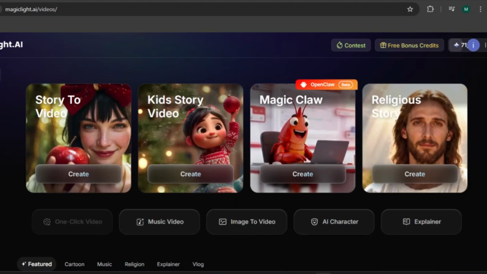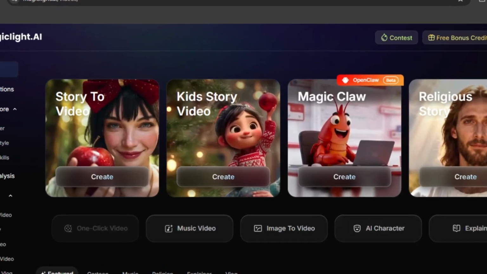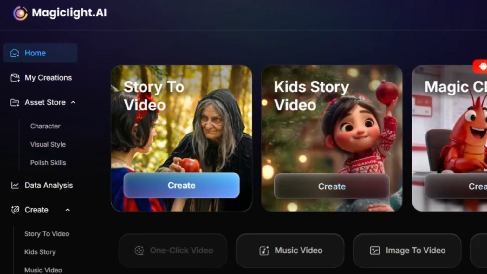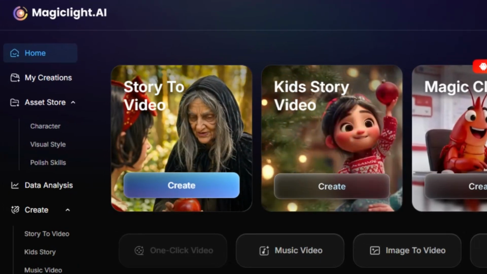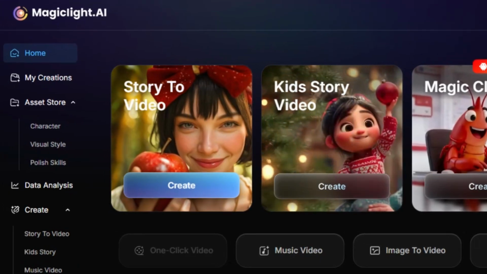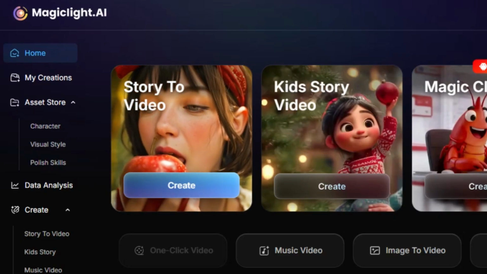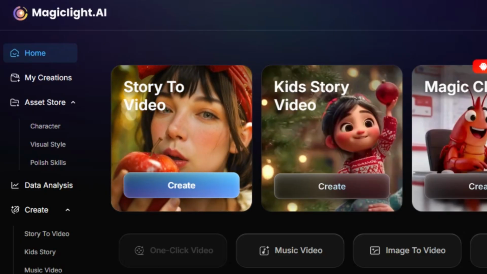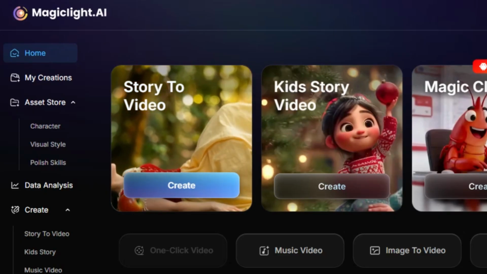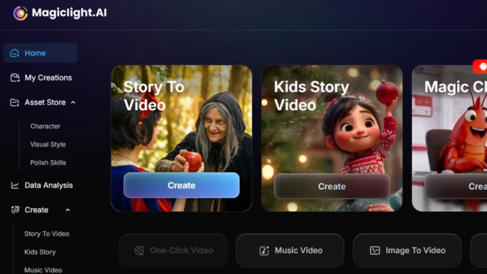Let's get into it. Okay, once you log in, this is your dashboard. On the left sidebar, you've got every tool MagicLight offers. Let me walk through each one quickly. Story to video, your main long-form engine. Paste a full script or even just one sentence. The AI turns it into a multi-scene animated video with consistent characters, voiceover, music, and subtitles, up to 50 minutes